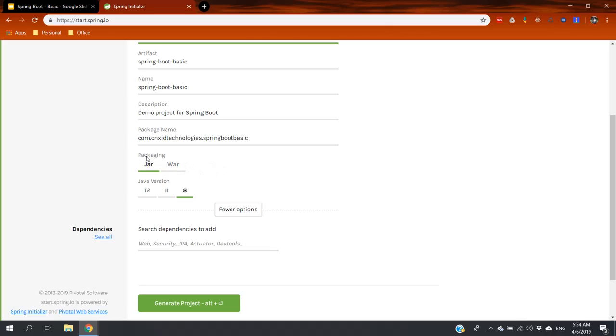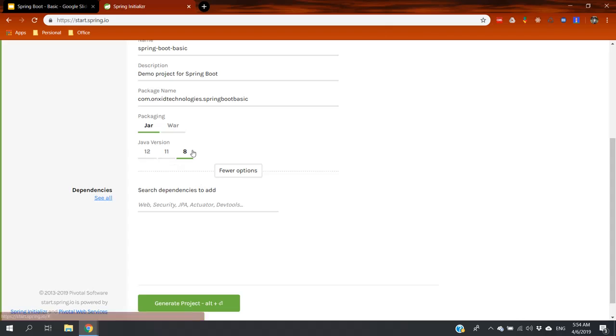We have the option to choose whether we need to create a Java or WAR file, or Java zip file or web zip file. I'm using Java, and we have the option to select the Java version we need. By default it is Java 8. I will keep it as Java 8. If you have installed the latest version of Java, we can select a version that supports everyone. I will keep Java 8,